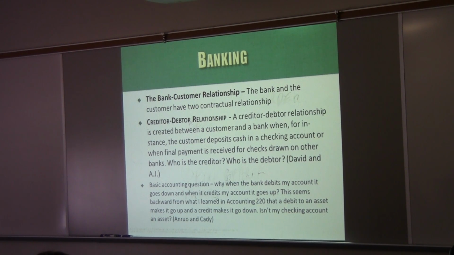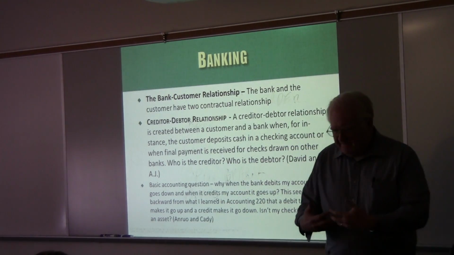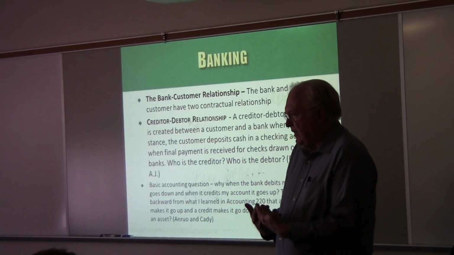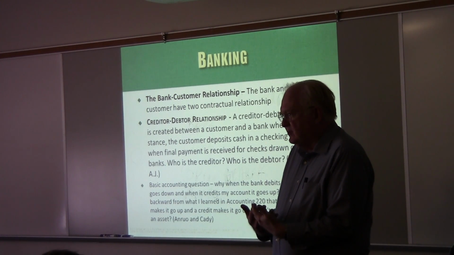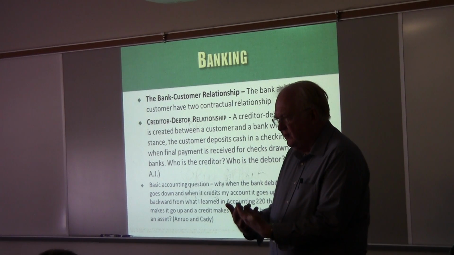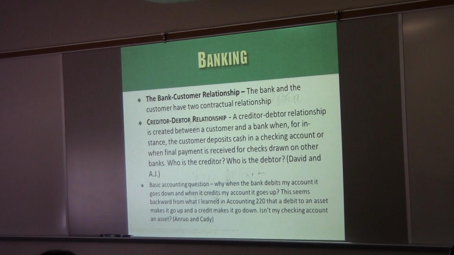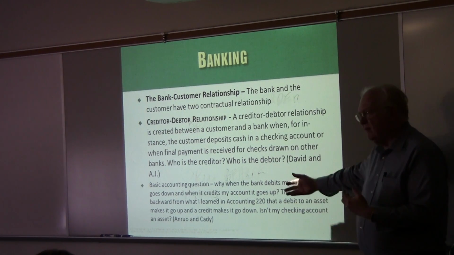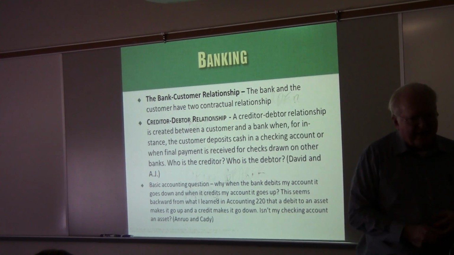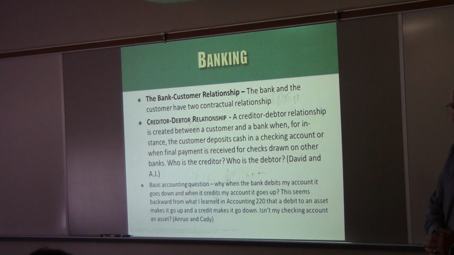So explain this to me. I wondered this for years, ever since I took my first accounting course. When the bank debits my account, my account balance goes down. When they credit my account, my balance goes up. But that's confusing to me, because I thought the bank is using different terminology than basic accounting. Isn't it true that to you, that checking account is an asset?